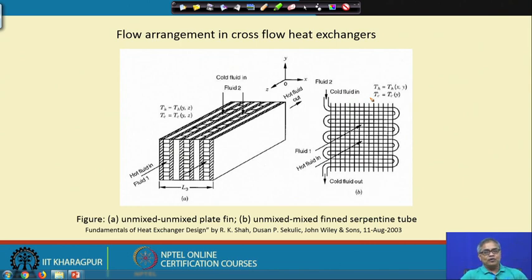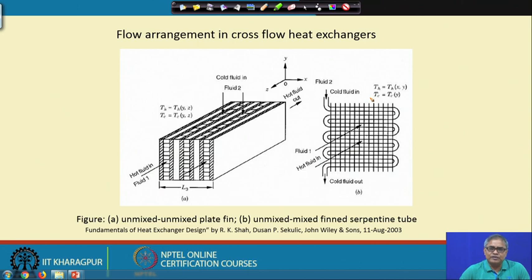That means, in a cross flow heat exchanger, one particular stream may get mixed or it may remain unmixed, and there are different degrees of mixing. If it is thoroughly mixed, then as we get uniform temperature at the inlet of a heat exchanger, we will also get uniform temperature at the outlet of a heat exchanger. If they are not thoroughly mixed, then there will be a temperature variation, and in our analysis we need to take this temperature variation. So, this is what is important, and let me tell you one thing,